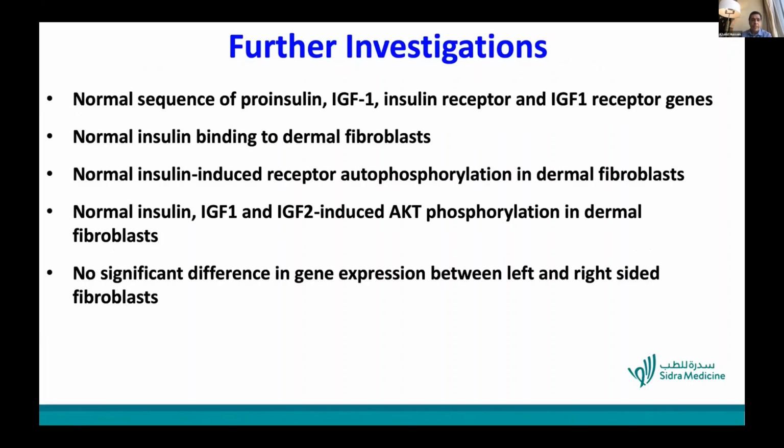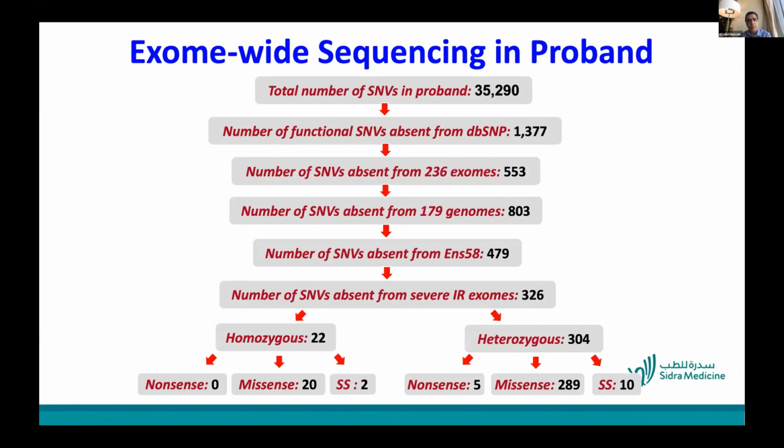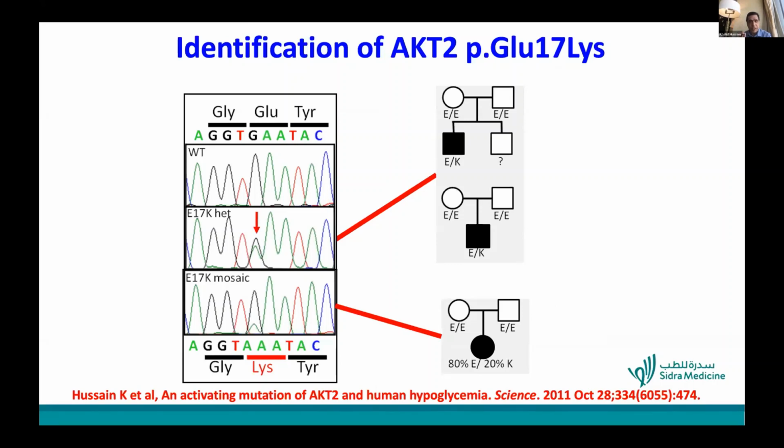So this is just, again, summarizing the 2 or 3 years of work that we did on these patients. And just to show you, there was nothing along the insulin signaling pathway, the downstream of the insulin receptor. And to cut a very long story short, all these patients underwent exome sequencing. And interestingly, we found a mutation in only one gene, which is called AKT2. Mosaicism was present in one child, but the other 2 children had